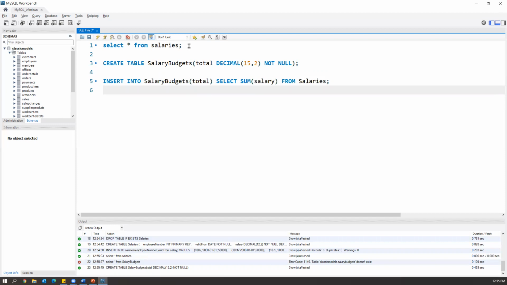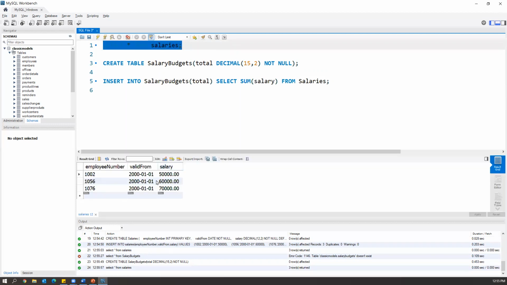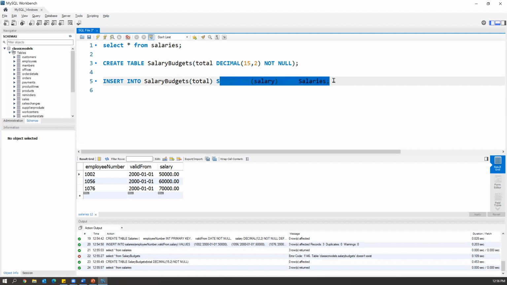So what's the data I want to insert? Whatever the data we have in the salaries table, I want to add all these salary values like 50,000, 60,000, 70,000. I will perform the total of these salaries and then I will add the total value into the salaries budget table that contains only one column, that is the total column. And inside this column, I just want to add the sum of salary. This contains two queries actually. Select the sum of salaries from salaries. This query will return the total sum of salaries from the salaries table. And that value we are inserting into the salaries budget total column.